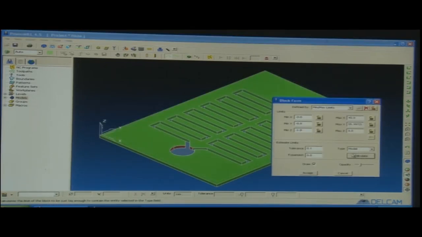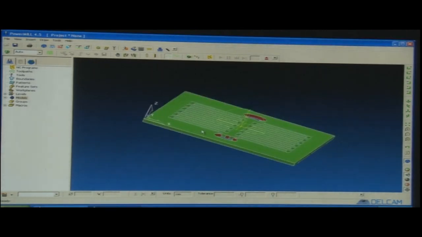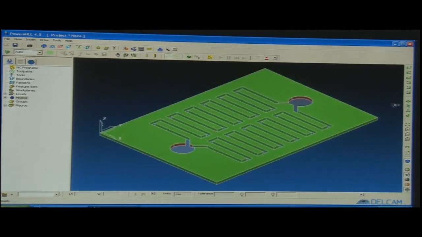Now when I put z as minus 1, you see the origin point has come to the top. So, this corner is now the reference point. When the machining starts, the tool will start moving from this point, it moves in the x direction this way, in the y direction this way, and in the z direction it can also move.